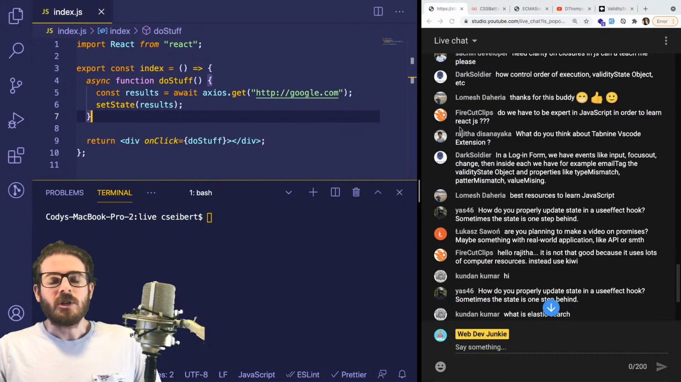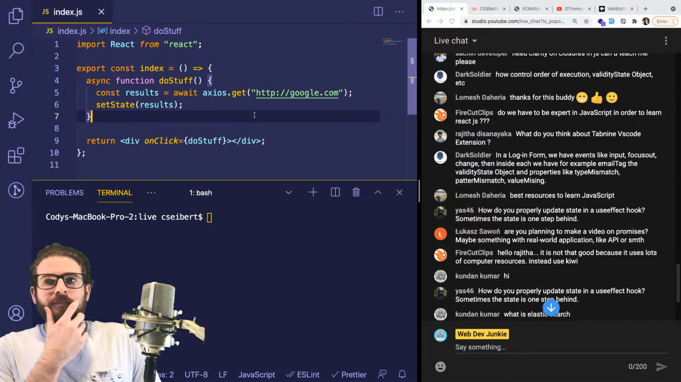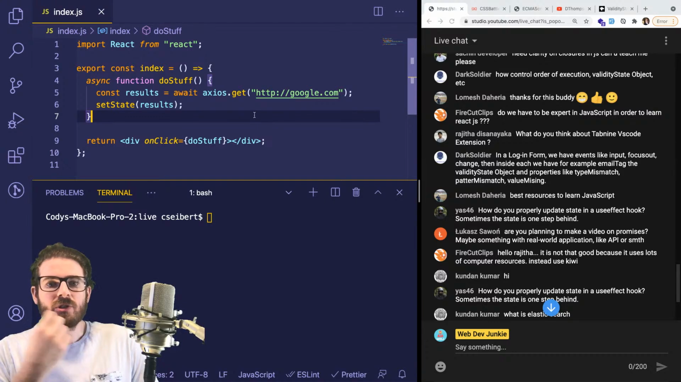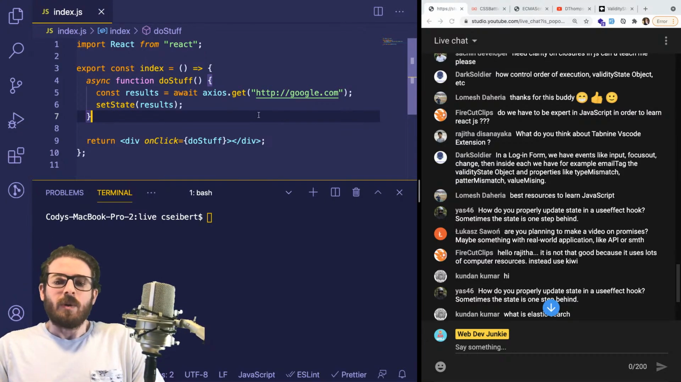You need to know about self-executing functions. You need to know about callbacks. You probably need to know about modules, so ES6 modules, import, export. Higher order components is probably a thing you should kind of learn about. Functions inside of functions, closures. So I don't know. It's hard to say if you need to be an expert, but a lot of the